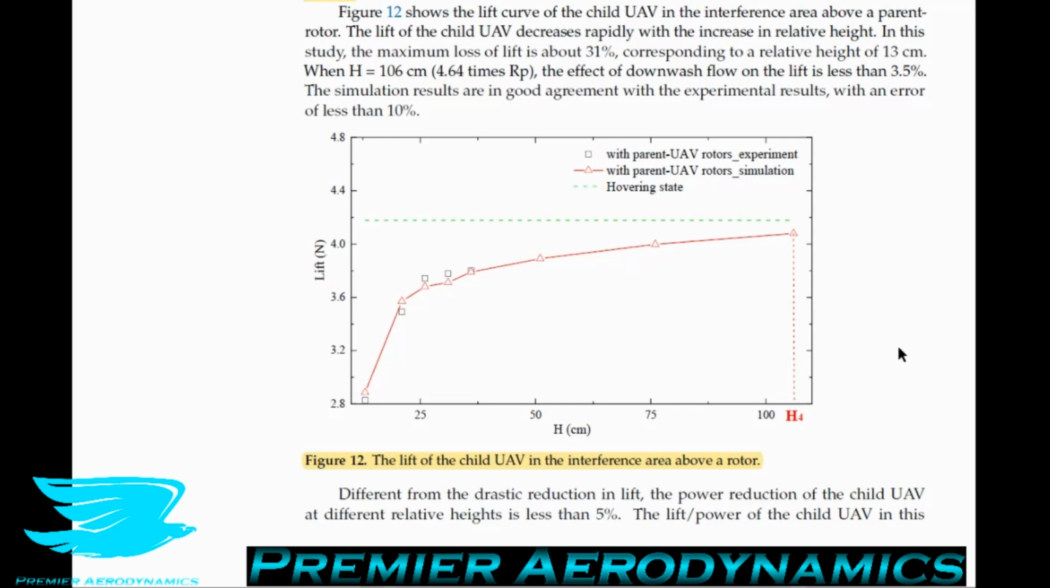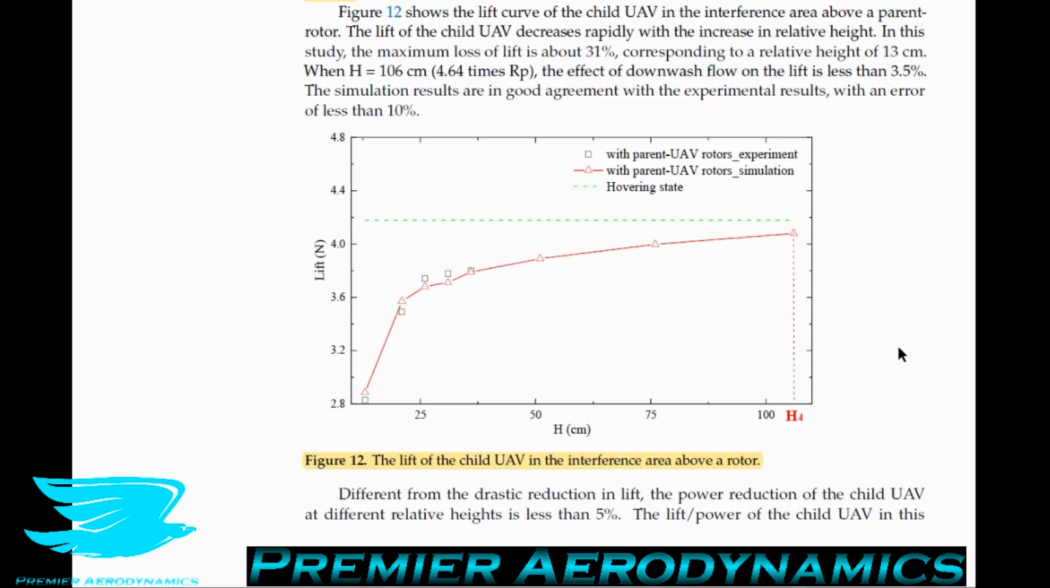the top. And they say as the child UAV gets closer to the parent UAV's rotor, the lift drops dramatically, by about 30%. It drops linearly as well, with most of the decrease happening within the last 25 centimeters from the rotor. Once you get past 25 centimeters above the rotor, the lift starts to stabilize a little bit. So instead of being 4.2 newtons, it's now about 3.8, and then it just keeps climbing back up,